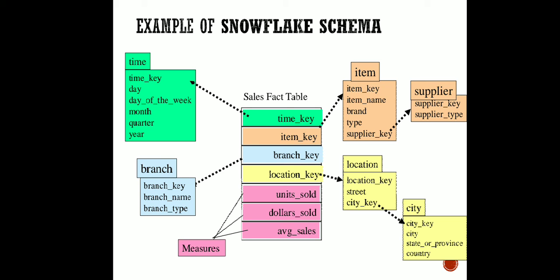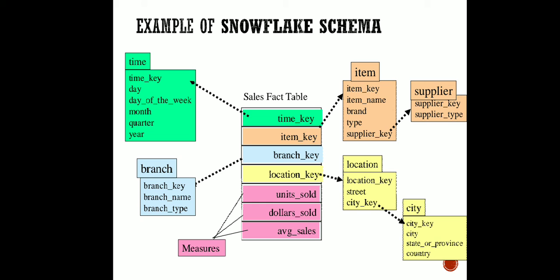So when we are going to use this kind of database or architecture, whenever the amount of data increases, instead of storing the details of the item in one table, we are just using another table. Sometimes the details of the supplier are being separated from the item table, I can maintain it according to my need. So whether I'm going to use snowflake schema or star schema, that will depend on my need. I think there should not be any difficulty in understanding.